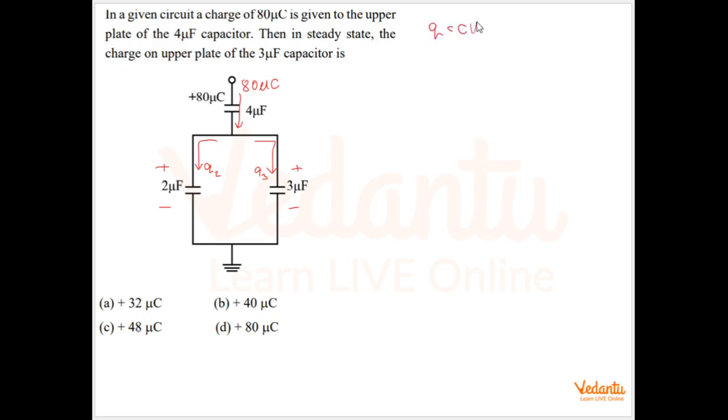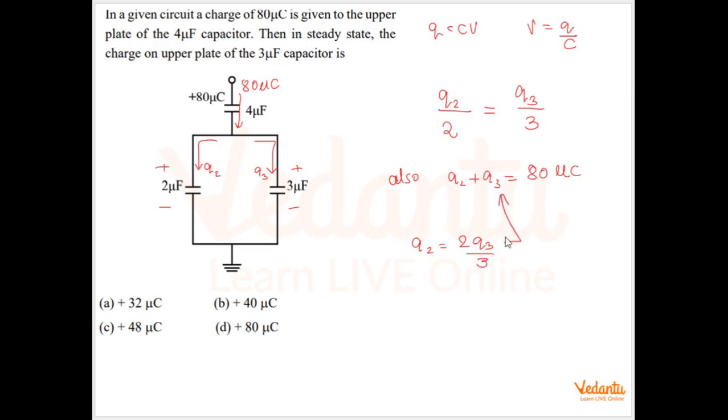Now Q is equal to CV, so V is equal to Q by C. So what I will say is potential difference across the 2 microfarad capacitor is the same as the potential difference across the 3 microfarad capacitor. Also at the same time my dear bachcho, Q2 plus Q3 is equal to 80 microcoulombs. Now beta, if you see we have a system of simultaneous equations. If you solve them beta, you will get the correct answer. For example, from the first equation I will get Q2 is equal to 2Q3 by 3. Substitute that value here, you will get